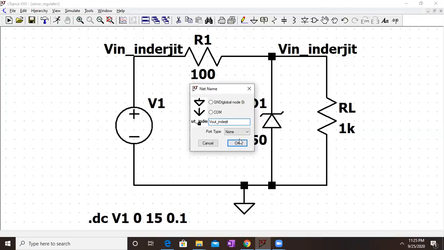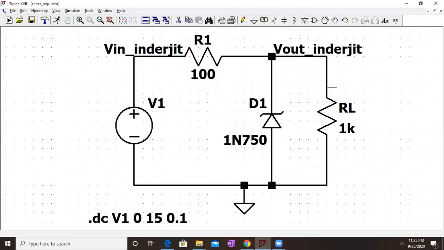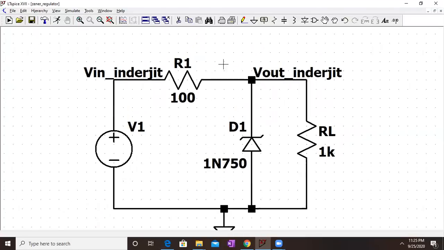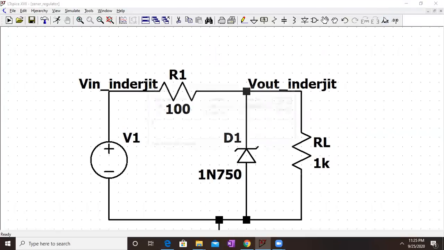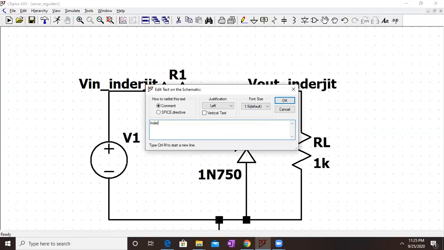Okay, so this is compulsory. You have to name it this way. And in addition to it, you have to go to text and write your name again. So I am writing my name, your roll number. Let me write my roll number as 10, and you can also write it as LICD IA number 1.